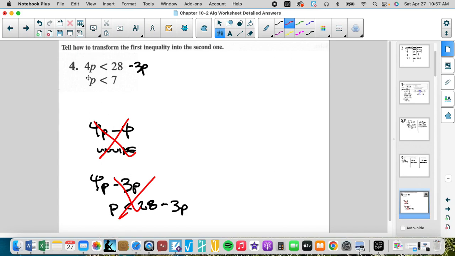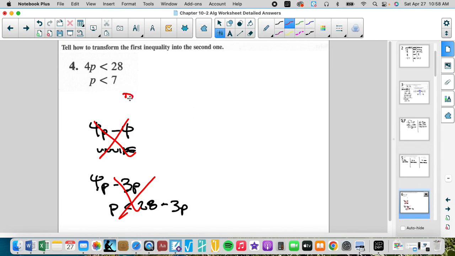Okay, 4p to p. We have to get rid of that 4. That 4 is multiplying. That 4 is multiplying p. So what is the inverse of multiplying 4? The inverse is dividing by 4. So there are two things. We can divide